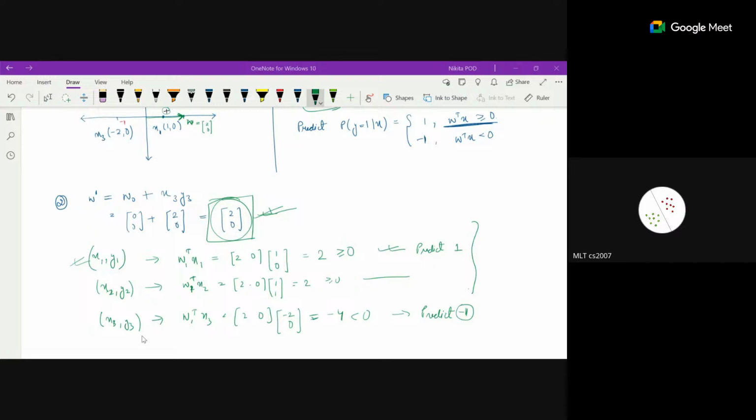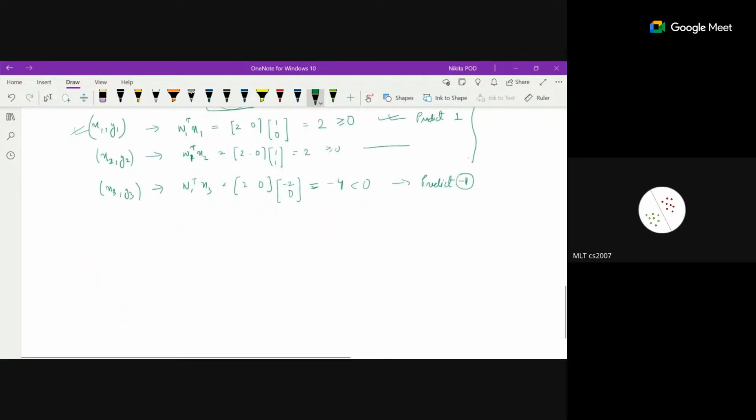All right. So this was about the perceptron algorithm. Now,